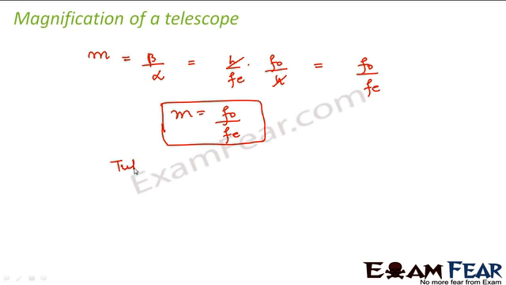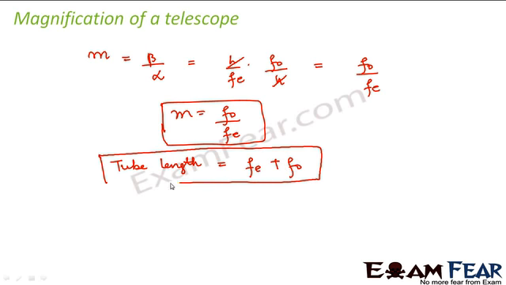Now what is the tube length in this case? In case of a microscope, the tube length was the distance between the second focal point of the objective and the first focal point of the eyepiece. In this case, the second focal point of the objective and the first focal point of the eyepiece lie at the same point. So here we define tube length as focal length of eyepiece plus focal length of objective. This is defined as the tube length in this case. Right, so based on